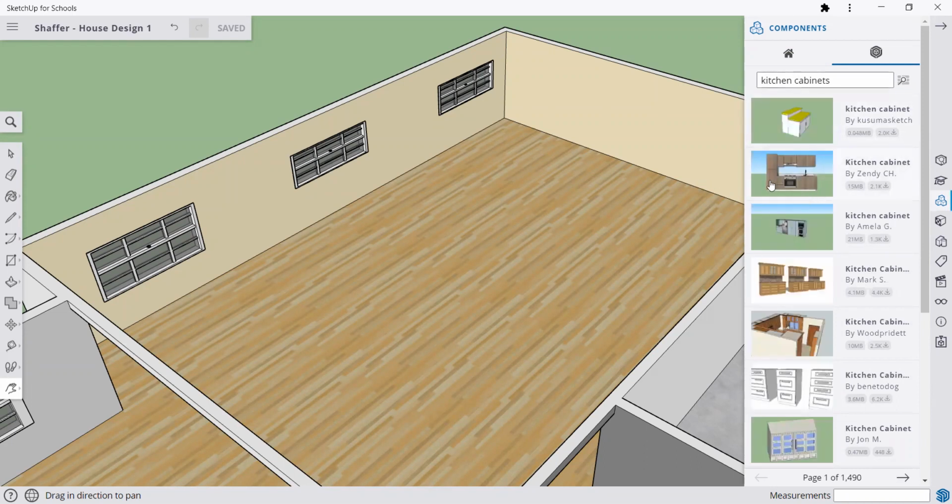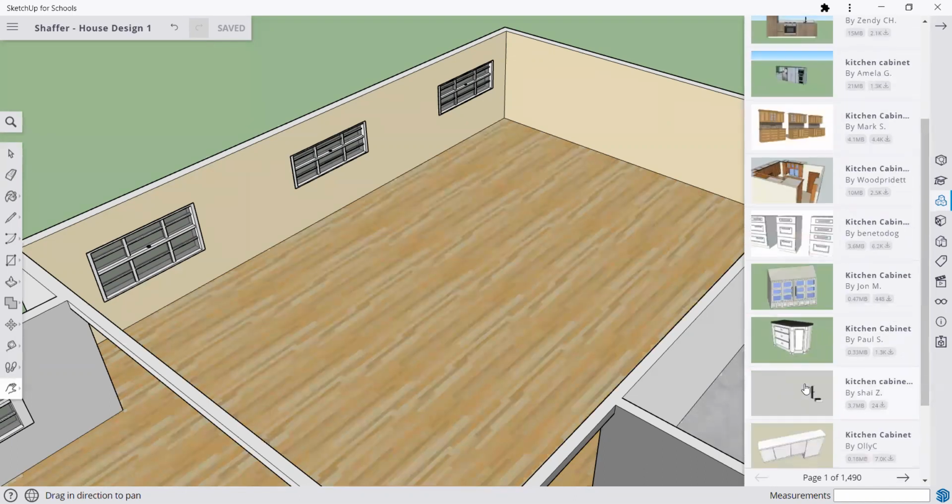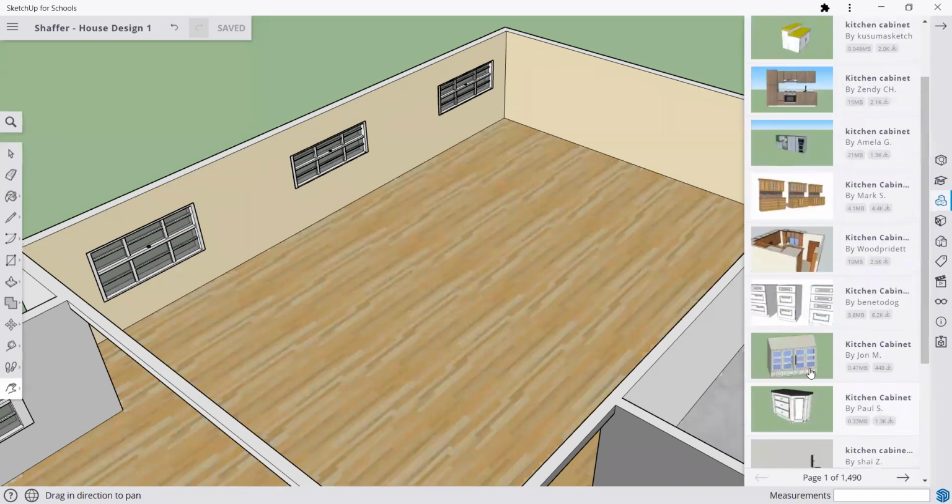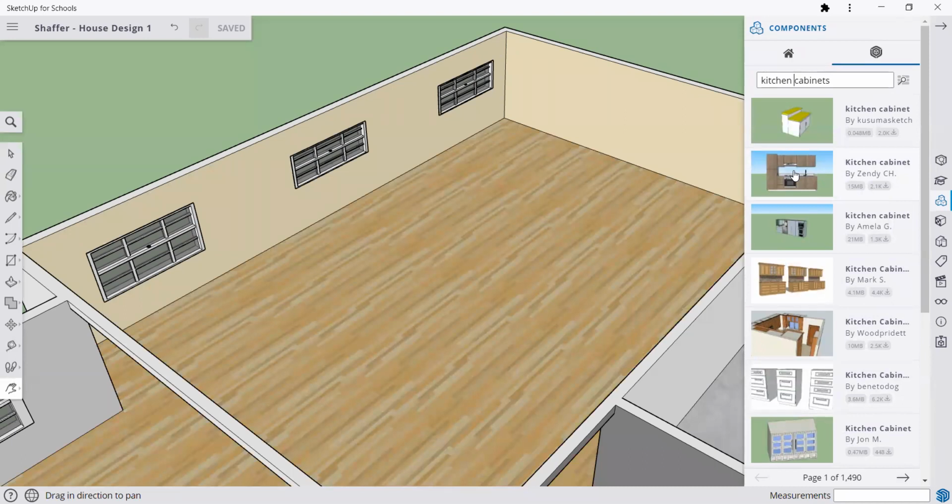So right here, you actually even have a set that already has everything inside of it. You can piece together your own types of cabinets, or if you want something like this where everything's already included, you can do that as well. So to show you how to do these things, if I click right here, kitchen cabinet,